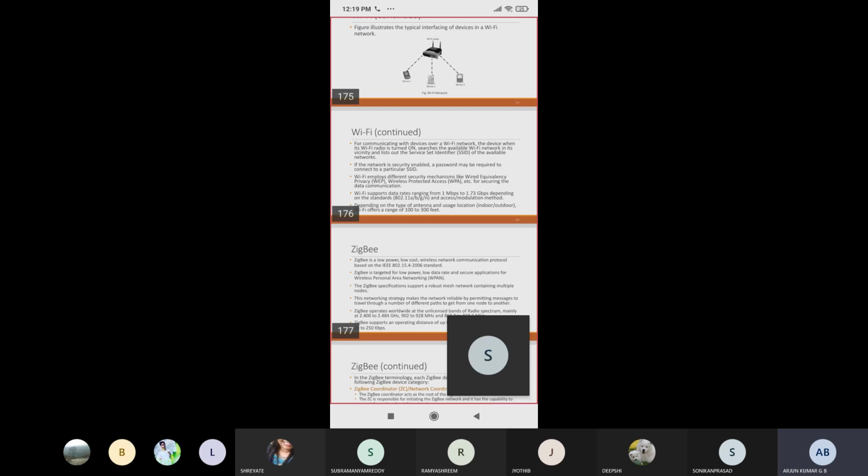Okay, that can be enabled or disabled based on your applications only. If you want more security, you should give a proper password for the particular Wi-Fi. If not, you can disable the password, and everyone can easily access your network. Okay, if you go to some other areas where there is free access without any password protection, you can easily access that network.